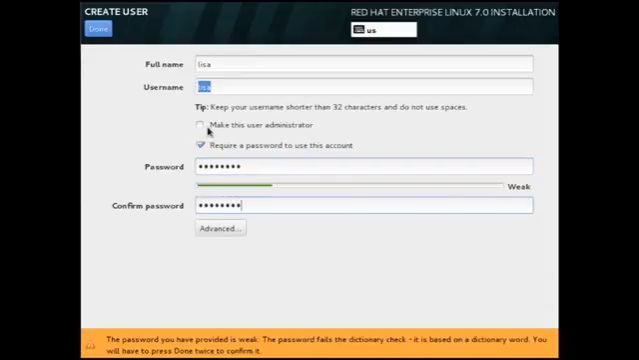If this user needs administrator privileges, you can select it here, but I'm not going to do that, and I will explain later why and which are the options that you can use to create administrator users. So I just click done,